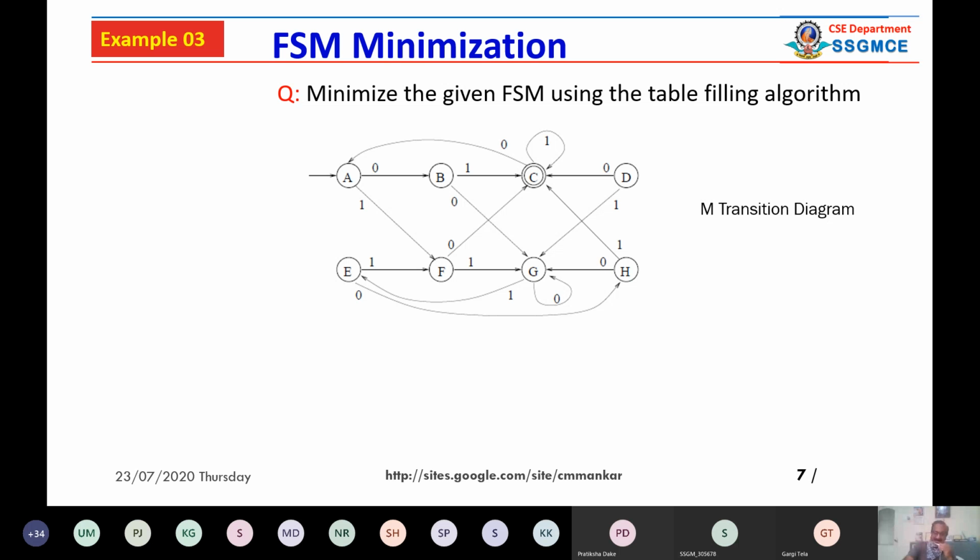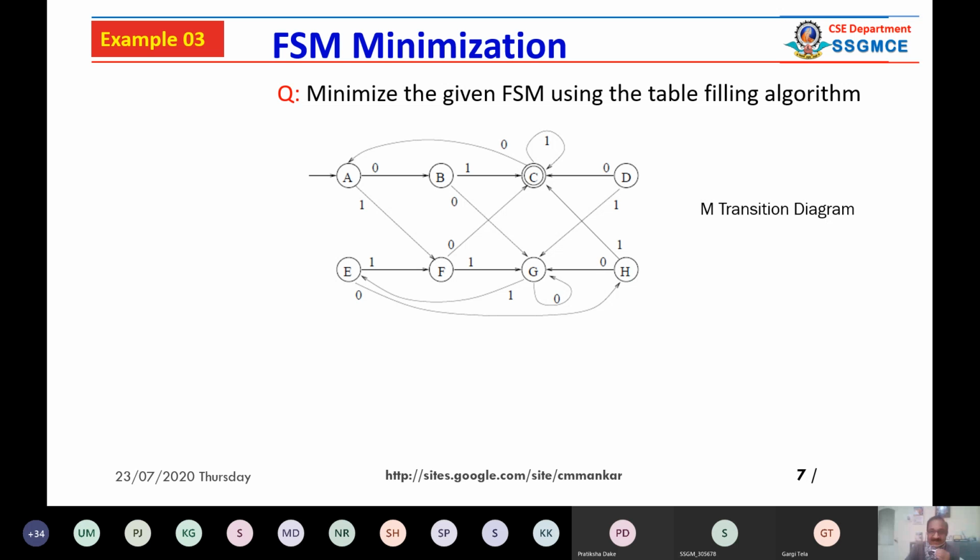So let us say this is a big machine. I have deliberately chosen a big machine because in face-to-face classes we can do it in 30 or 20 minutes. But in a PPT, online, it is very hard to tell how it is working. Still, I am trying to give each slide descriptively so that later on you can download and rescan those sequences and understand how to minimize a machine.